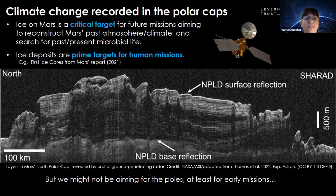correct conditions arise. Ice deposits are also of real importance for human missions, which are on the cards and are being planned. And that's because they probably need some amount of in situ water resource basically to generate enough rocket fuel to come home again. So some amount of in situ water might be required for those missions. So there's a really strong case to go to ice deposits on Mars for science and for engineering requirements of